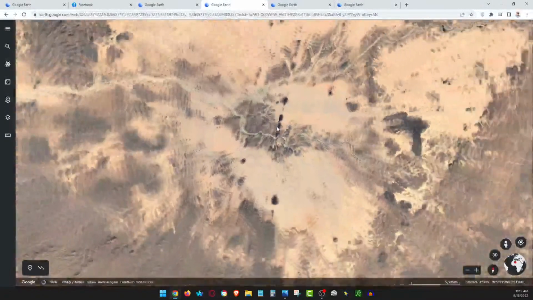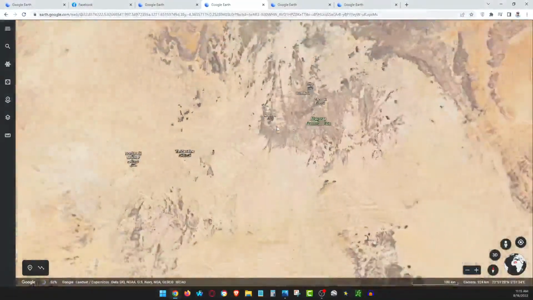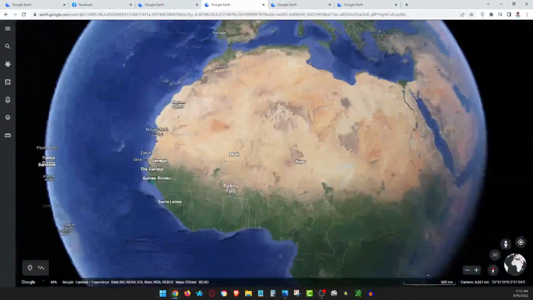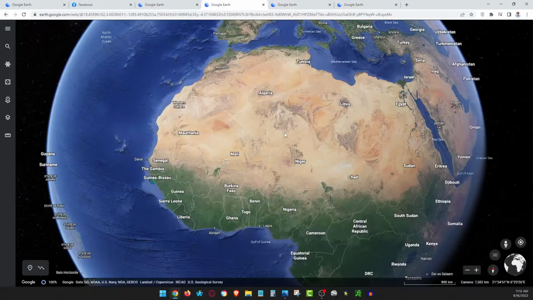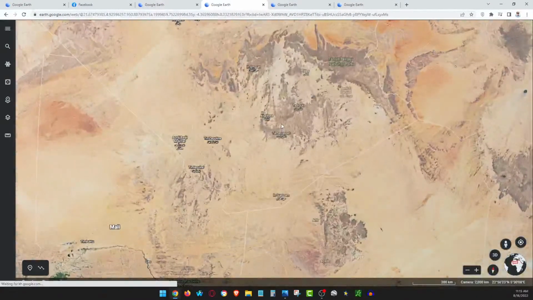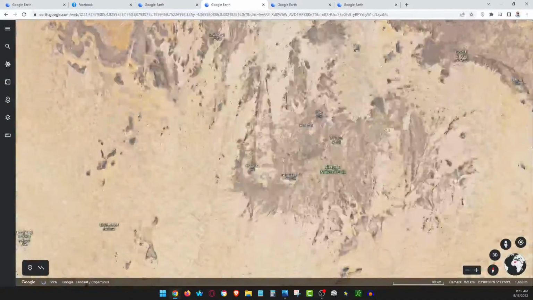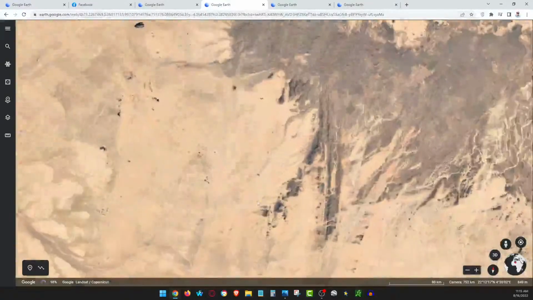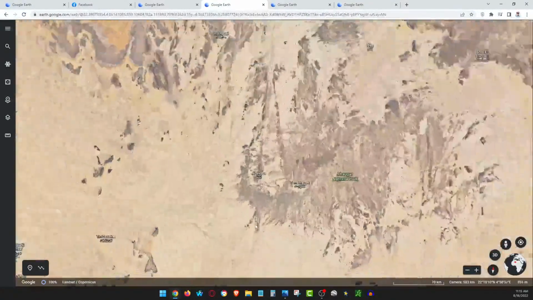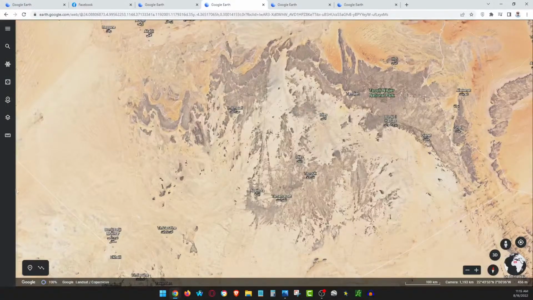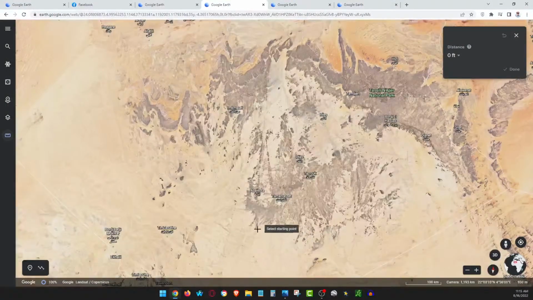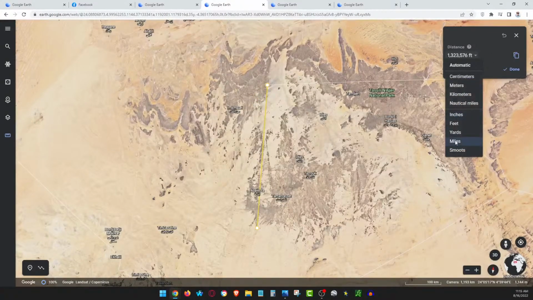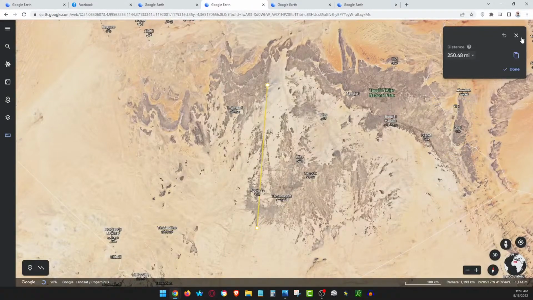Well, I don't know how you can say the whole Sahara was a seabed. I think the word is there's the ocean underneath it. But when you go into it, you have mountains. Look at this line here. This is near Tamanrasset, and you start at the bottom, and let's measure that line, because you think, oh, that's impossible to be unnatural. It's 1.3 million feet, which is 250 miles.